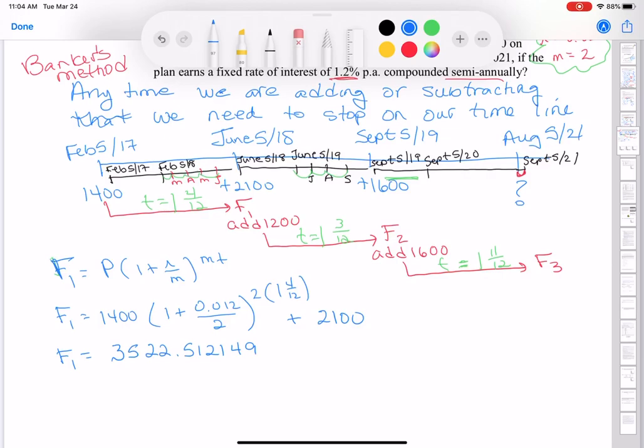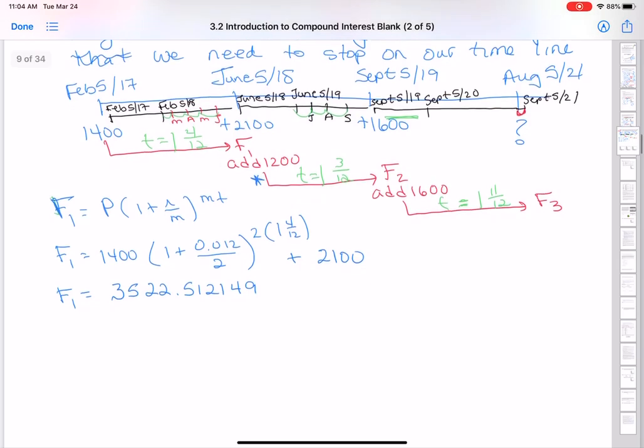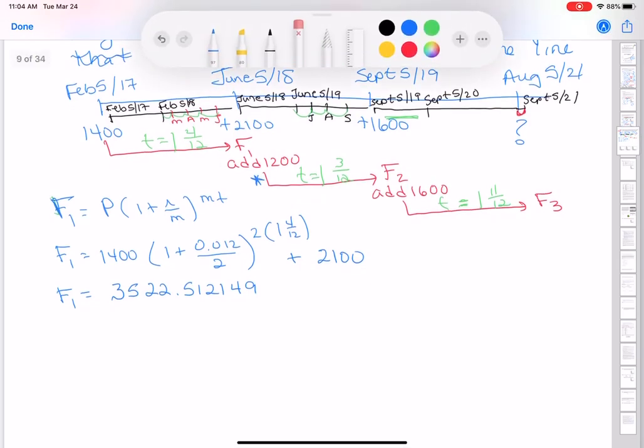All right, so now I know that this is where I'm sitting. I'm right here now with future value 1. And now I need to move that forward in time, where this amount of $3522 becomes my present value for my next calculation. So future value